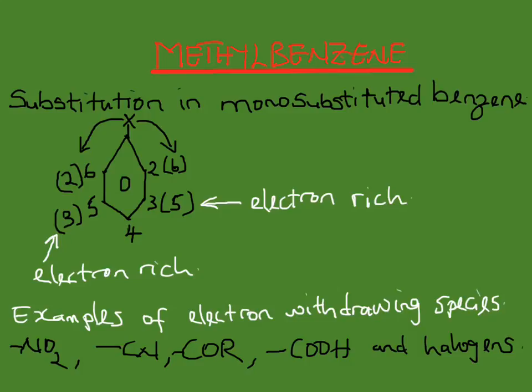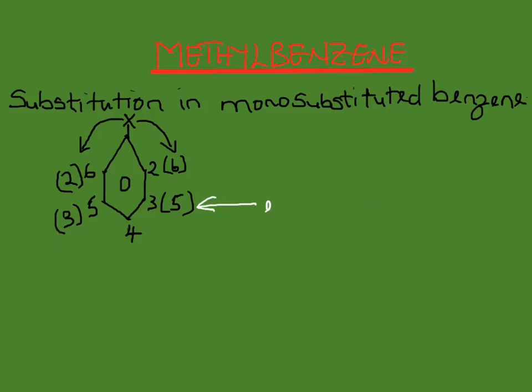Some of the electron withdrawing or deactivating substituents are the nitro group, cyanide group, ethers, carboxylic acids, and halogens. When any of these substituents is on the benzene ring, any further substitution attaches at the third or fifth positions. Meanwhile, we'll also be looking at